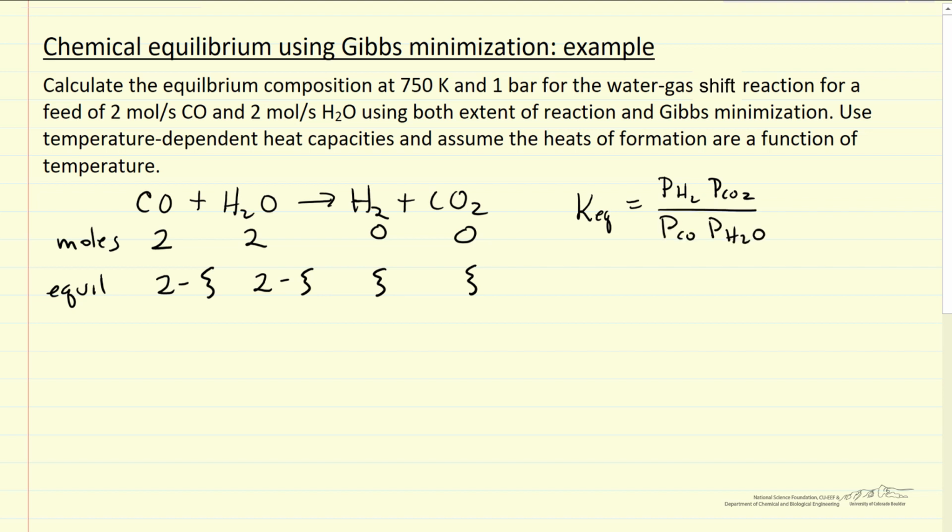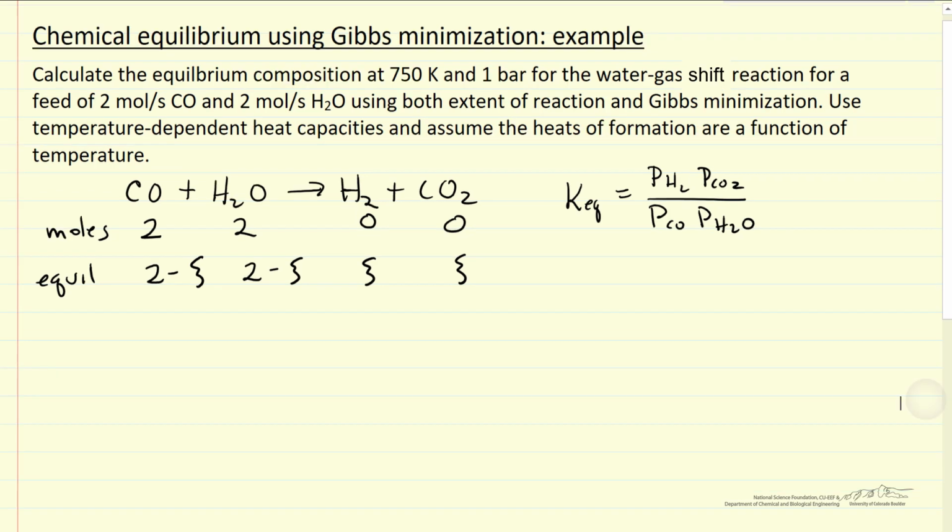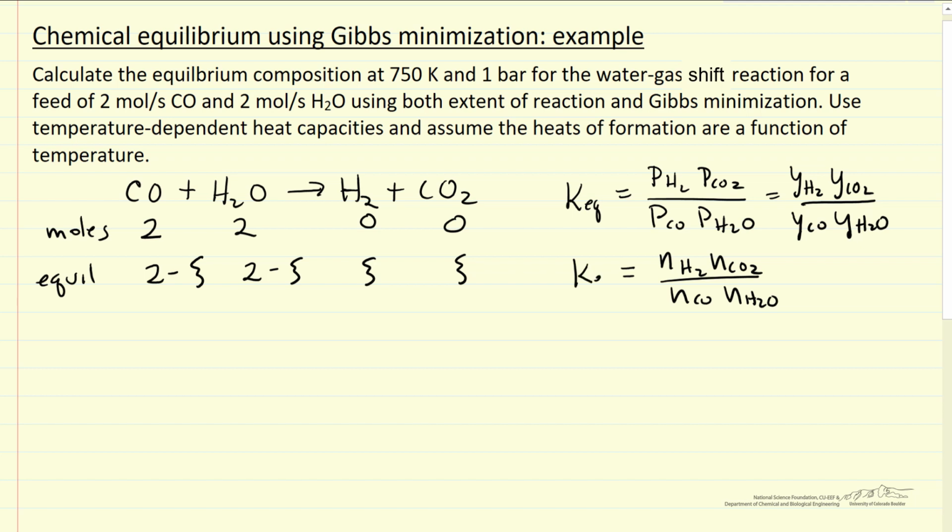Now partial pressures we can write in terms of mole fractions, independent of the total pressure since there's no mole change. So I could write this in terms of mole fraction of hydrogen, mole fraction CO2, and mole fractions of the 2 reactants. And because there's no mole change, this is also the number of moles of hydrogen, number of moles of CO2. To carry out the calculation, since I can write the number of moles in terms of extent of reaction, I need the delta G of reaction so I can calculate the equilibrium constant.